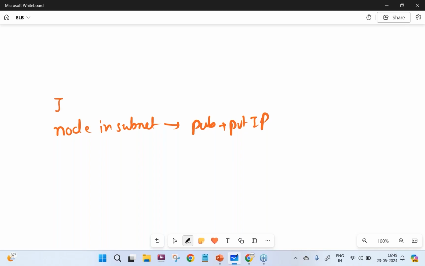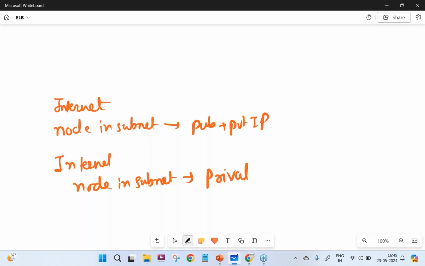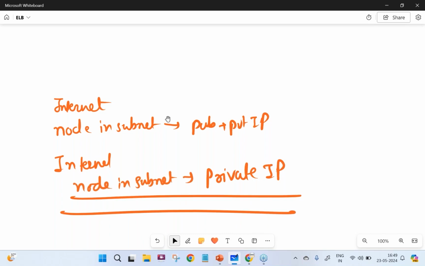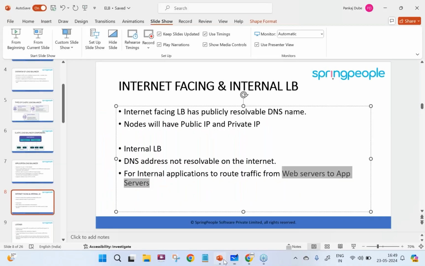If I create internal, the node which will be deployed in the subnet will have only a private IP. So that is about the schemes.